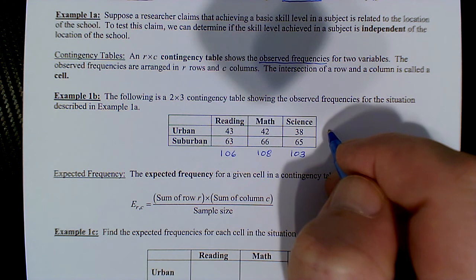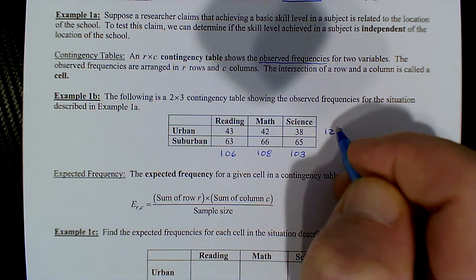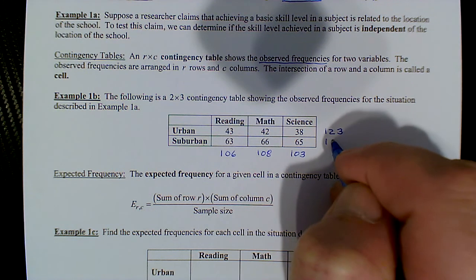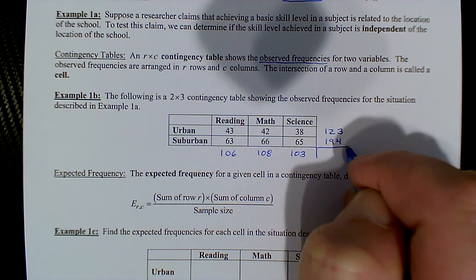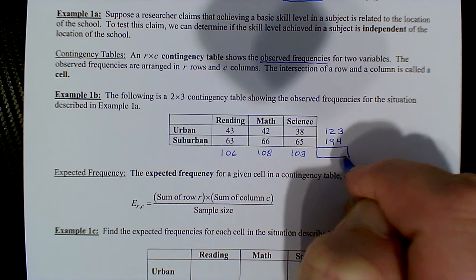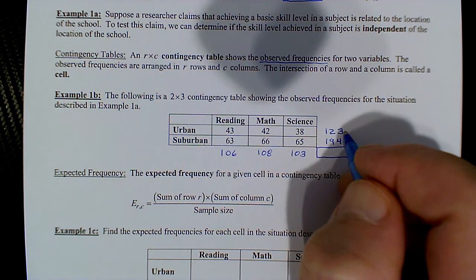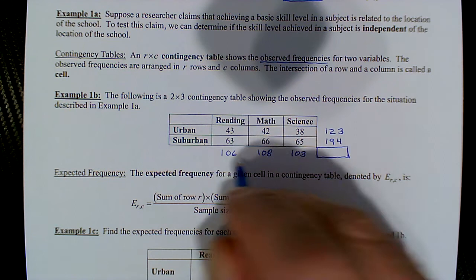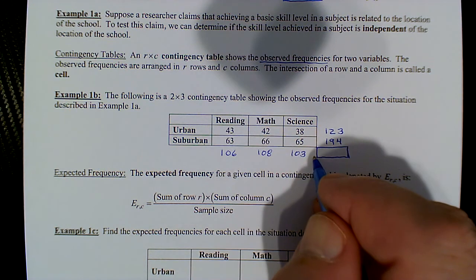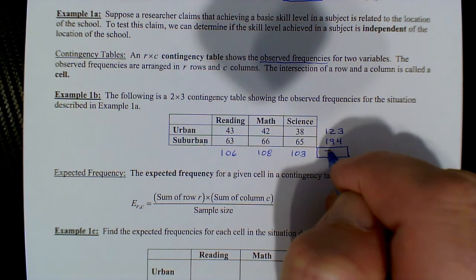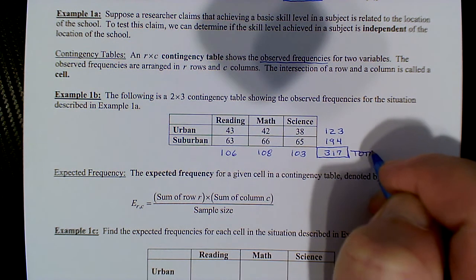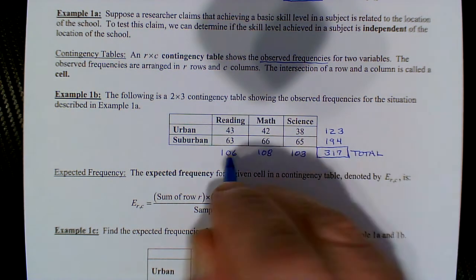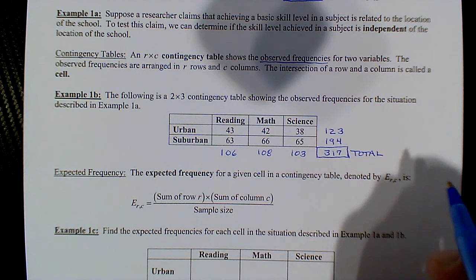Summing the rows, adding those three numbers we get 123, and the second row 194. And then this number in the corner here represents either the sum of the rows or the sum of the columns. And that's your grand total. And in this case, 317. So that's the total number of entries,